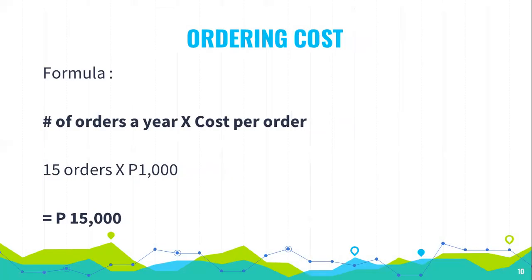we also have ordering cost. The formula here is number of orders per year times cost per order. Since the company will order 15 times a year, then every time the company will order, the company will incur 1,000 pesos. Therefore, the order cost is 15,000 pesos. So ito yung order cost. And then, next,